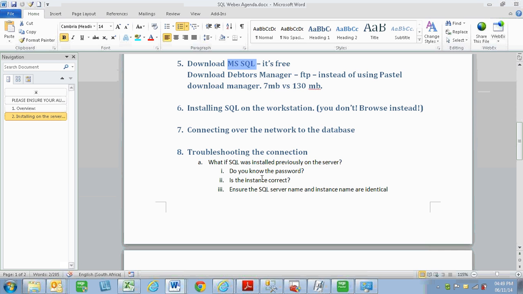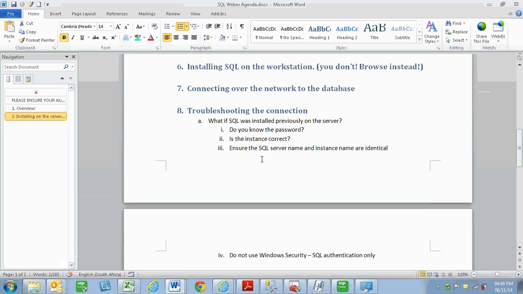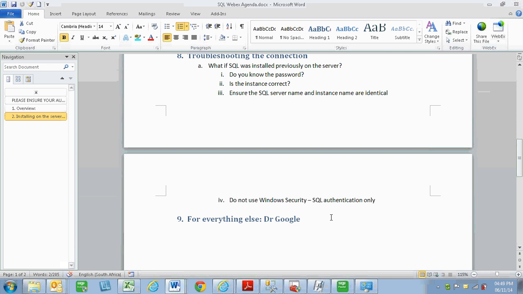These questions are critical. You need to know the password. That's what I was saying, the correct instance, etc. For everything else, Dr. Google. One of the good things about Microsoft SQL is that everyone has trouble with it, and there are huge resources out there. There's a lot of support communities for Microsoft SQL, but specifically for Debtors Manager,